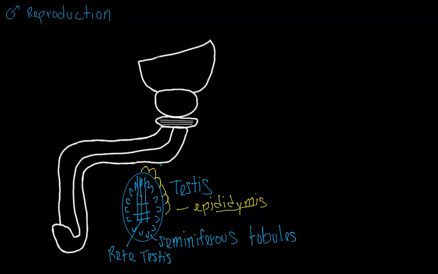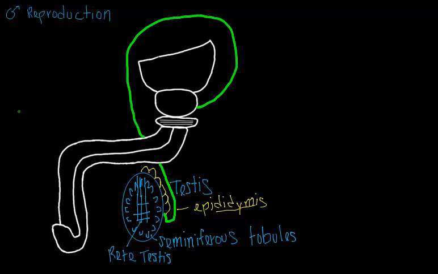Now the epididymis is ultimately going to release these products into the next structure we're going to learn, which I'm drawing now, which is the vas deferens. And the vas deferens is basically a muscular tube, which is going to transport the sperm out of the scrotum and into the male pelvis, ultimately meeting with the